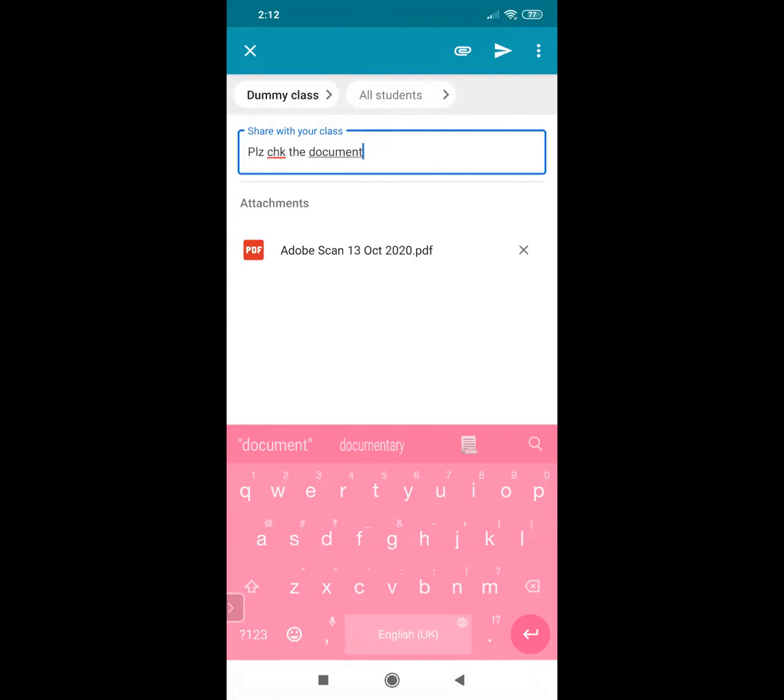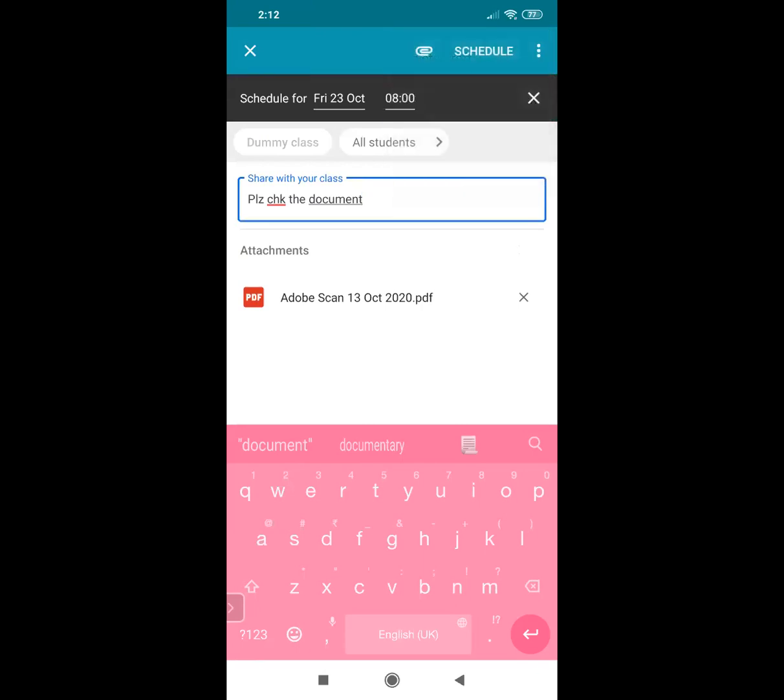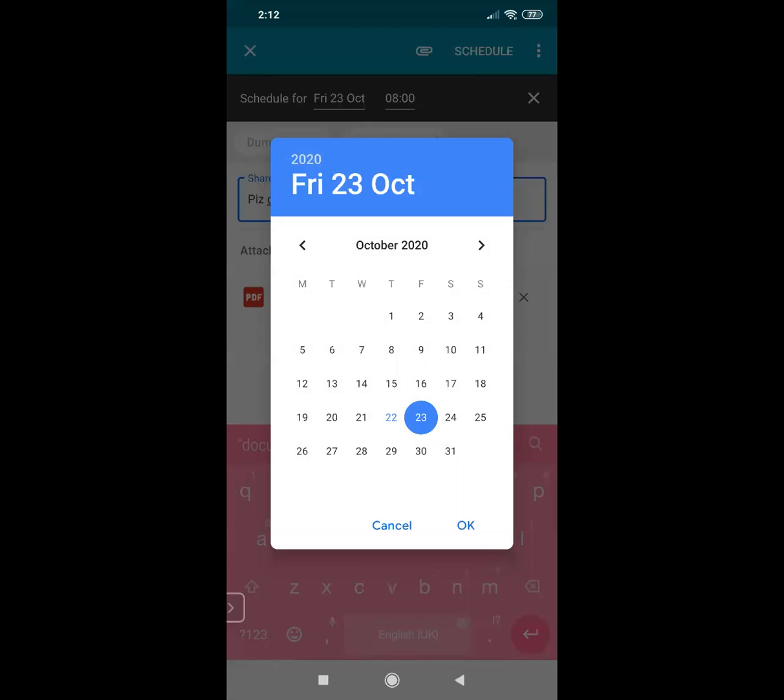One more thing, you can actually schedule sending the checked file to the child. And that you can do with the three dots at the corner. There's the schedule option. With the schedule, I can set the date and time. You can see here, it says you can check out the date to which time you want the share to be done.